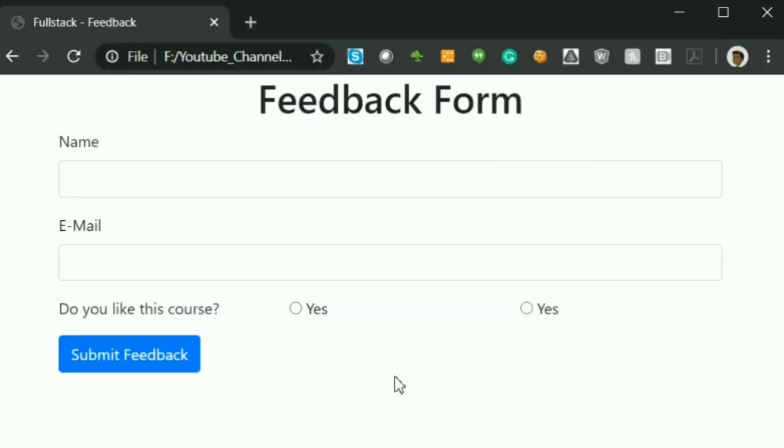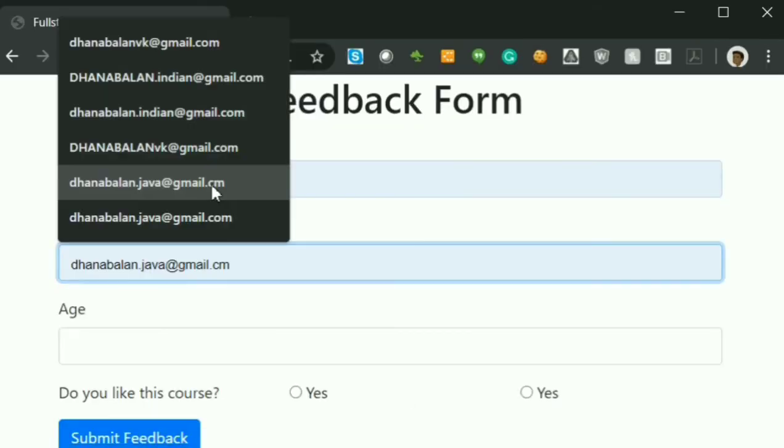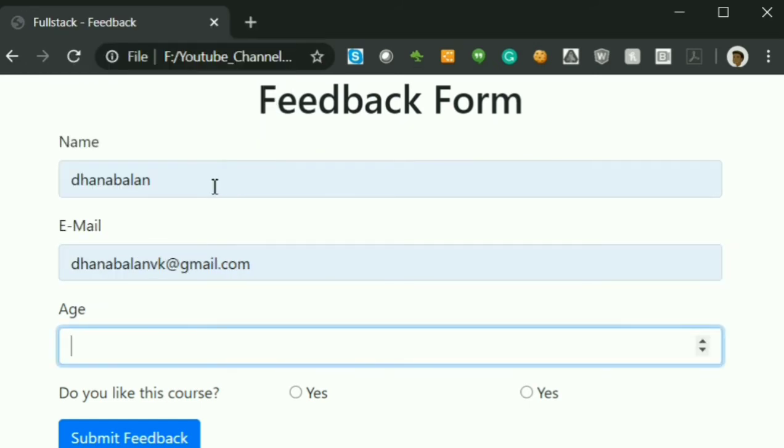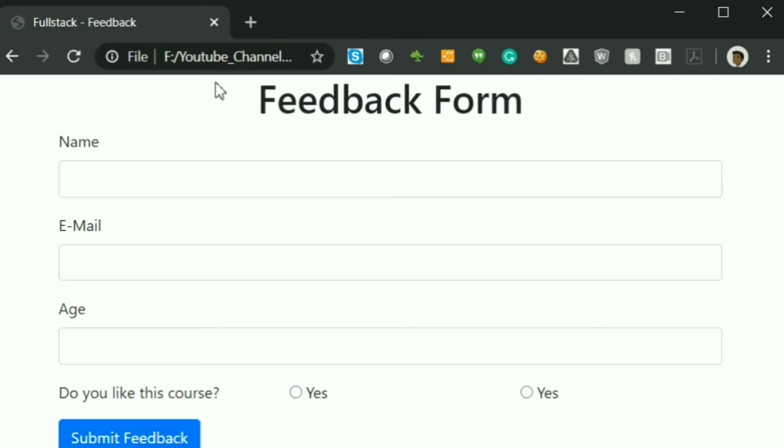So if I save this form and refresh it, you can see the age field is getting added. And if I give some negative value to age and try to submit the form, we have that required field, but we gave the age, it's not empty. If I submit it, it will get submitted. The reason is we just mentioned the field is required or not. We didn't mention anything like this has to be a valid age or not. So we gave the value, even though it is negative, it's getting submitted just like that.